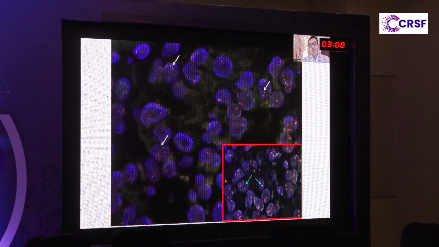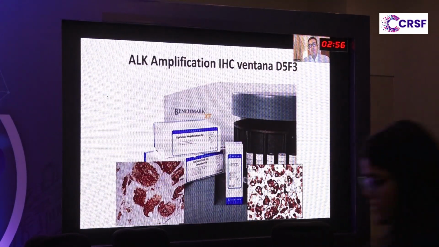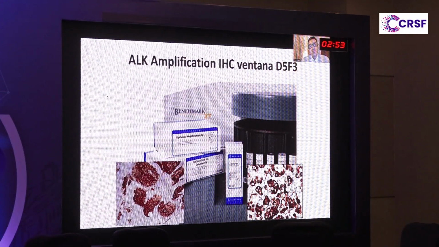Just to give the examples, the break apart gene probe is used for the detection of ALK and ROS, and if you see these break apart signals in more than 15% of the cells, it is considered to be rearranged for ALK. The IHC for ALK is one of the companion diagnostic assays which is approved by FDA, but